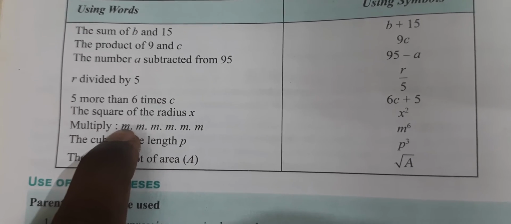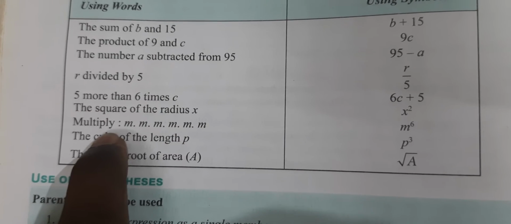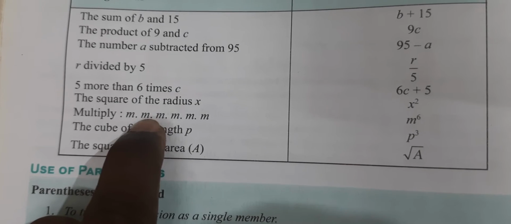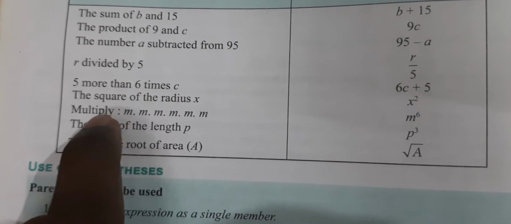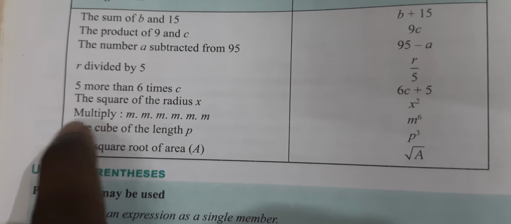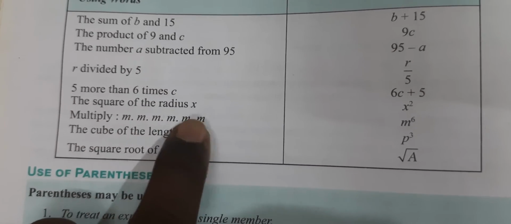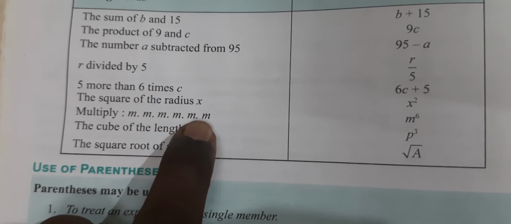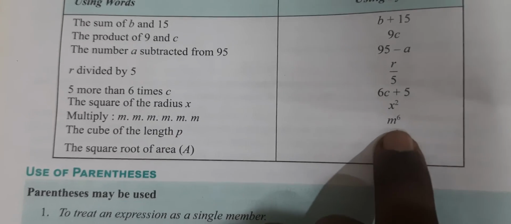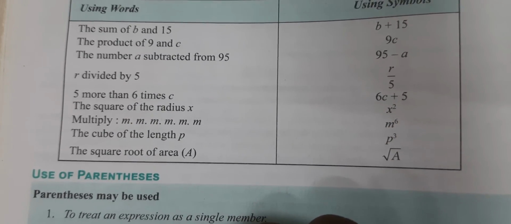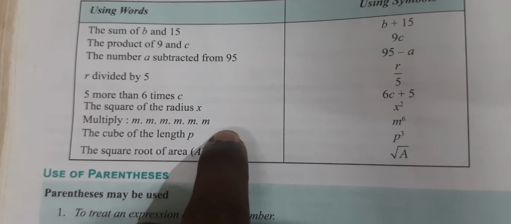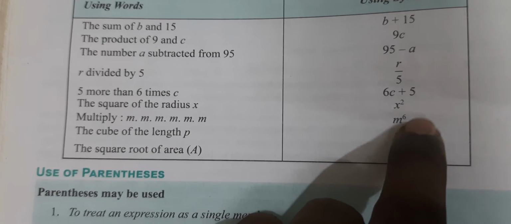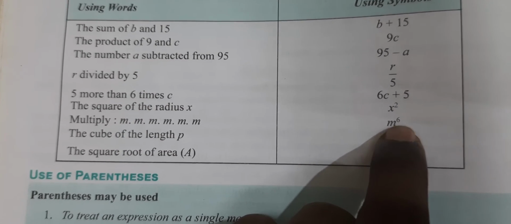Multiply m. Remember one more thing, in between any variable, dot means multiplication. That's why here they have written multiply. So m is multiplied to itself how many times? 1, 2, 3, 4, 5, 6 times. So that is represented as m to the power of 6. If 7 was there, then 7 times will m be multiplied to itself. Here it is 6 times, so m to the power of 6 is written this way. m is the base, 6 is the exponent.